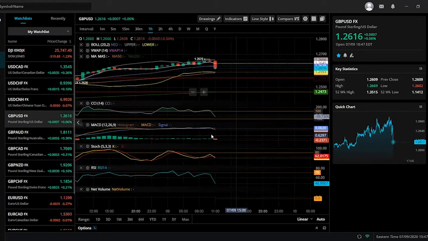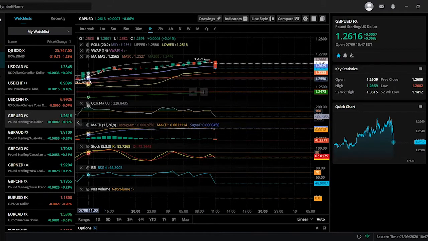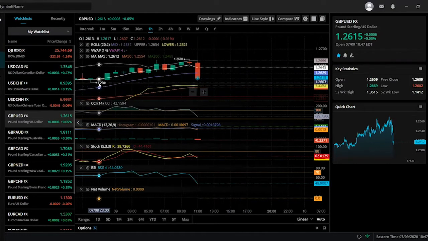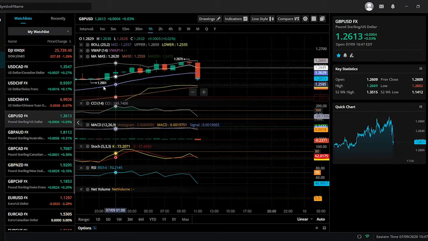The UK session opens at 3 a.m., so we want to see from 3 a.m. Then the New York session opens at 6 a.m. And then where we are right now, around 11 o'clock. So we want to just see an overall picture. Here's a nice little indication right here, okay? Where we are right now, and then this little tail at the bottom, 1.2601,